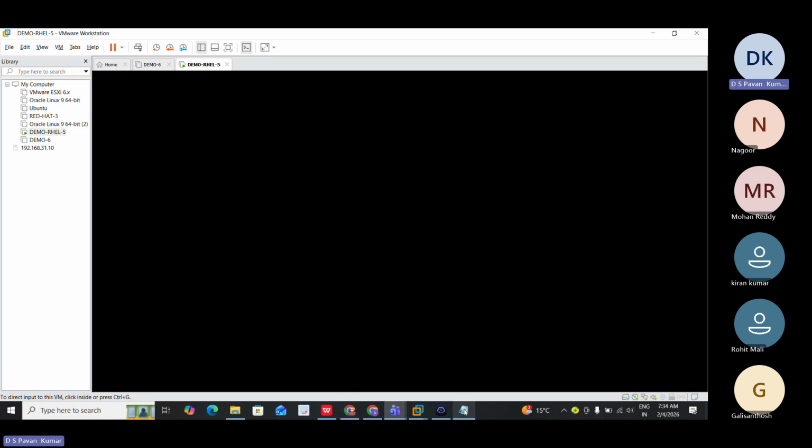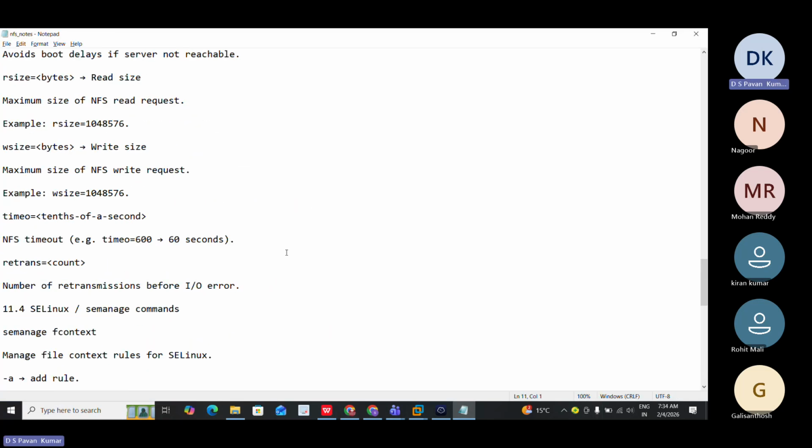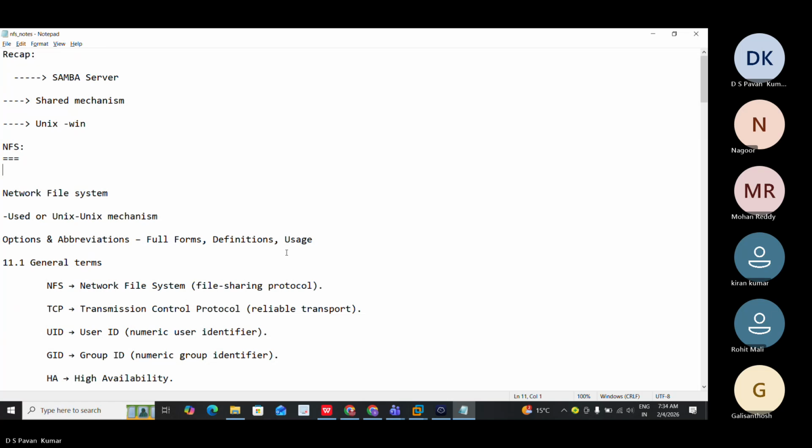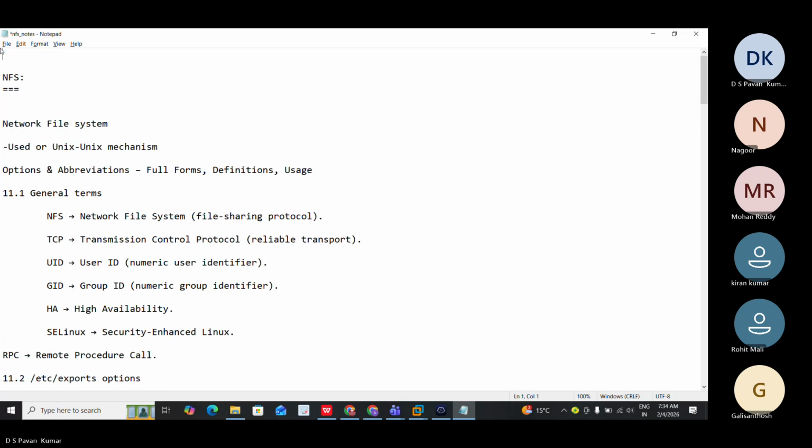So by the time it starts, today in class we are going to explain the NFS shared mechanism. NFS is nothing but Network File System. The purpose of NFS is, for example,